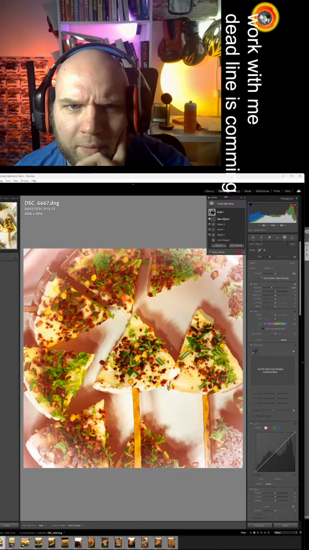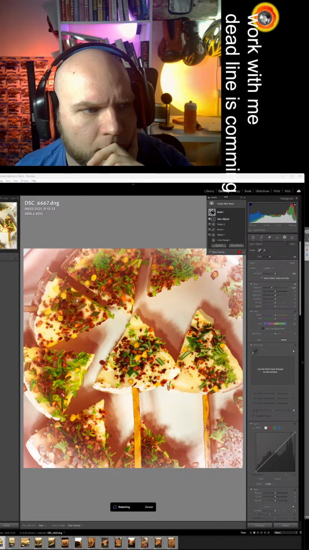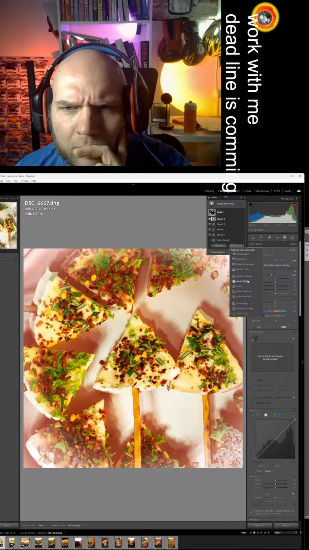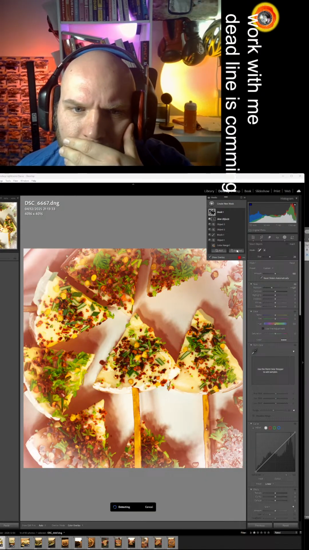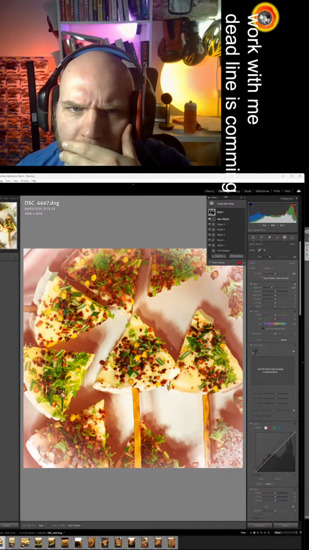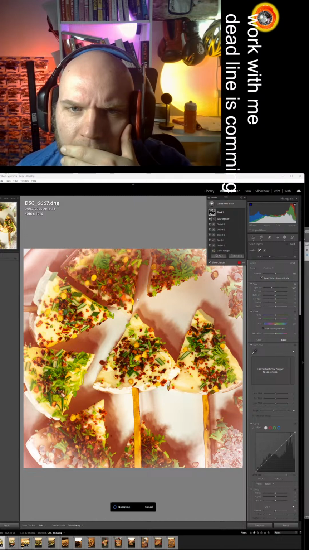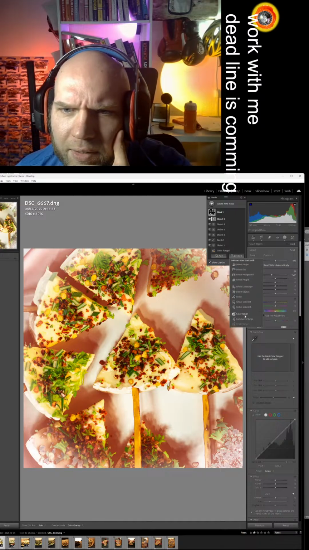But let's do that for a better effect. Okay, I think this one is also left, you can see that.